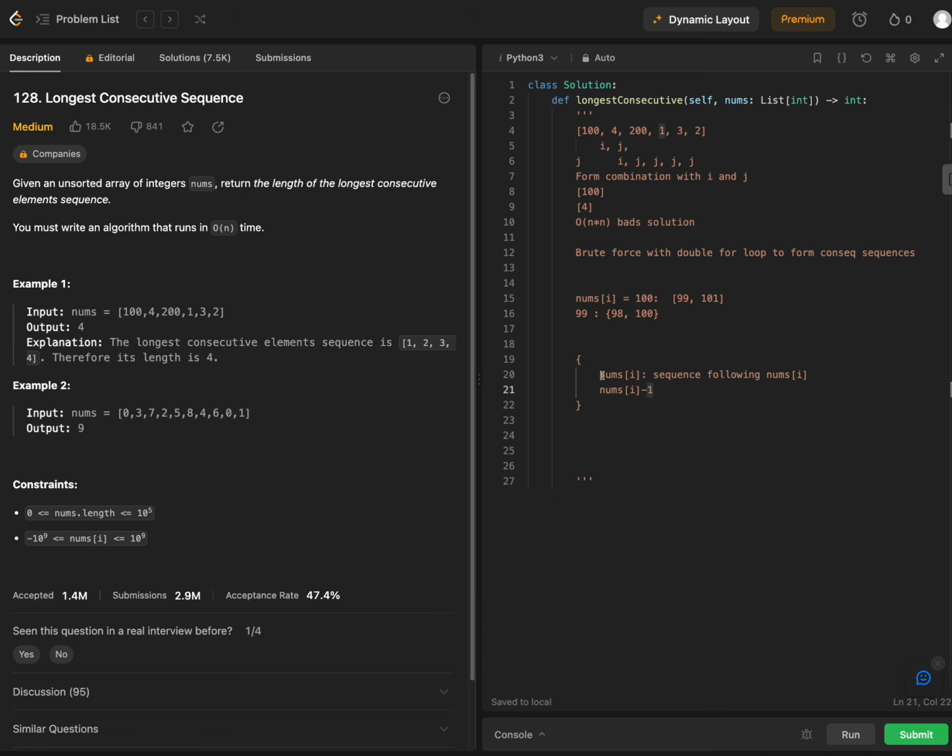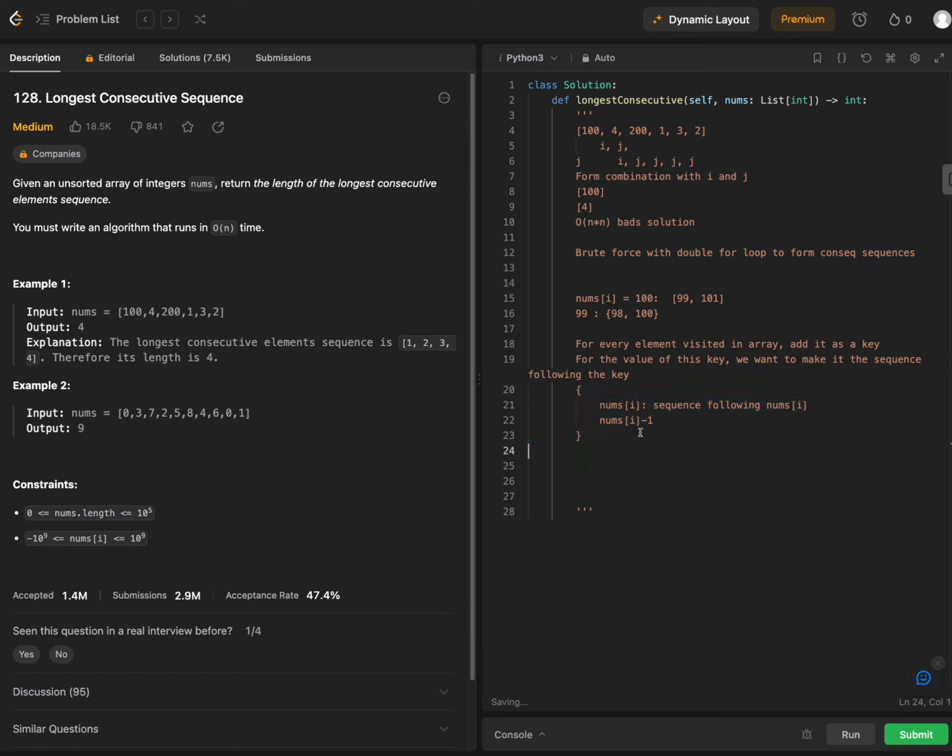So we're looking at nums I first. So for every element visited in the array, add it as a key, right? And then for the value of this key, we want to make it the sequence following the key, right? So in the end, this is something like how we're looking at. Okay, so for example, when we look at this particular solution here, looking at this, right,